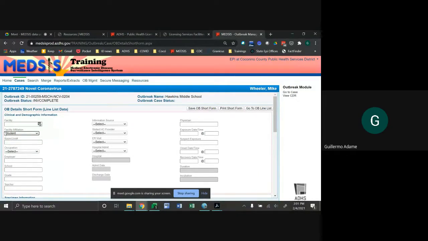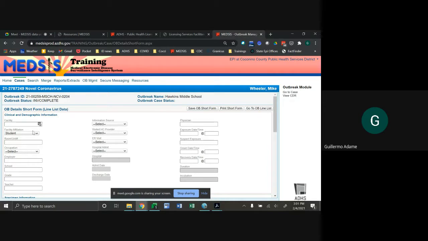Our Outbreak team often uses this facility affiliation field for staff and for residents of long-term care facilities, for example. We also use residents for inmates, but Mike's a student. If he was a teacher, we could put staff. And for inmates, we put the units here. So definitely feel free to use this.